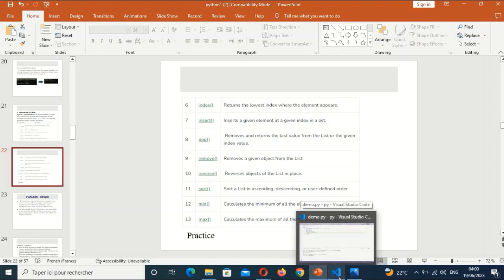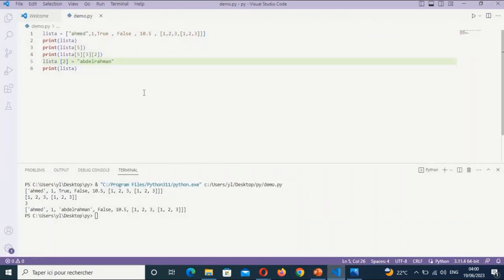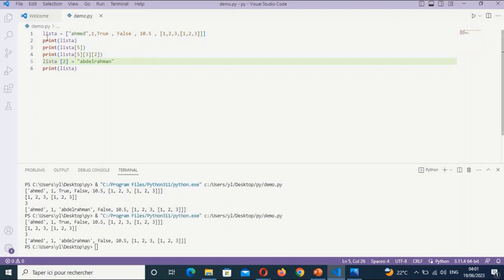Practice. Let's have some practice in Visual Studio Code. We are going to print the list. We have obtained this list. Print list at index 5. It gives us